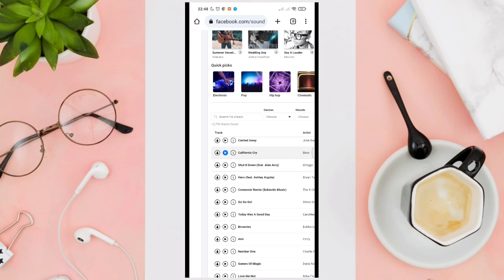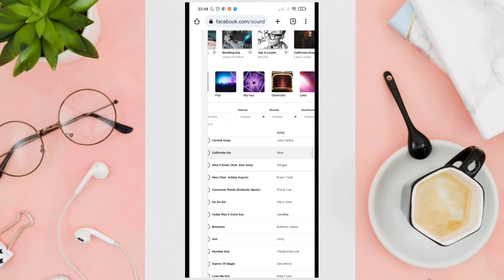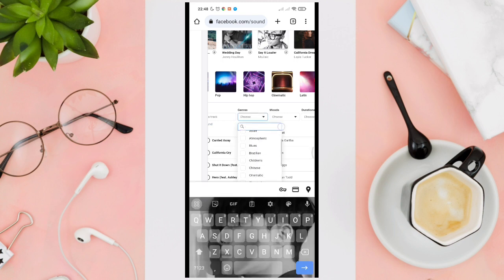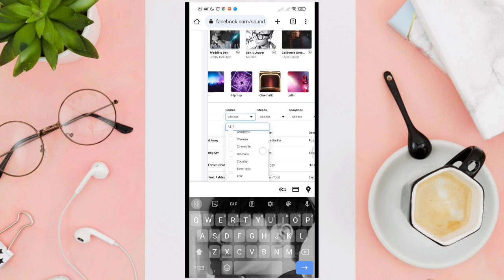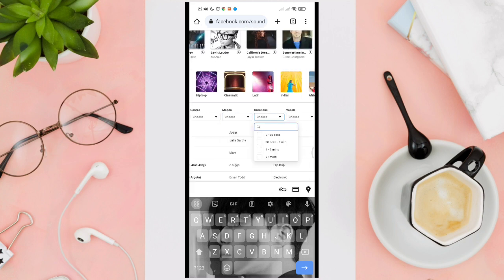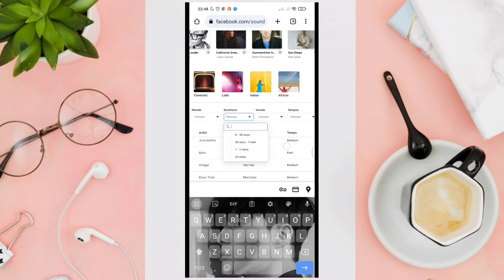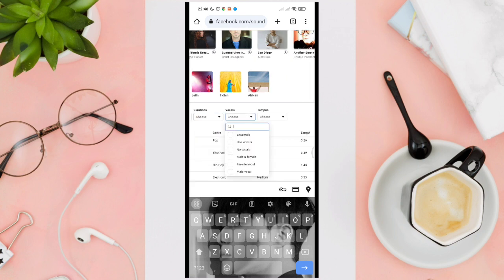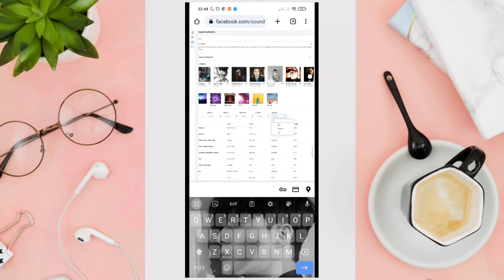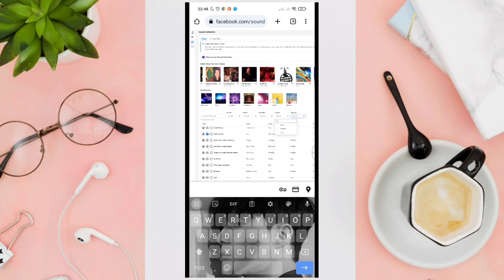And then you can also choose the genres that you want to listen to. So you just click on choose and then choose the genre that you want. And then you can also choose the moods, and the duration as well, the vocals, and the tempos. And then at the top corner, you can see the different artists. So you can search for the artist that you love and then just tap on and then listen to their